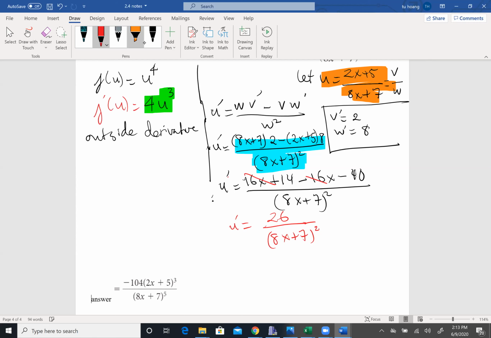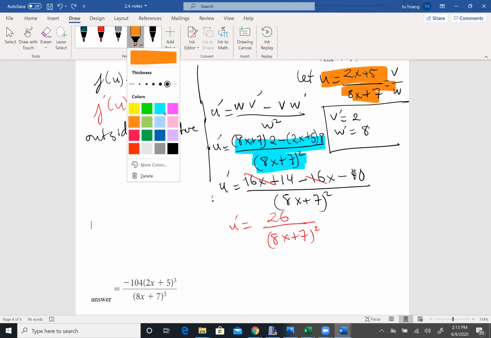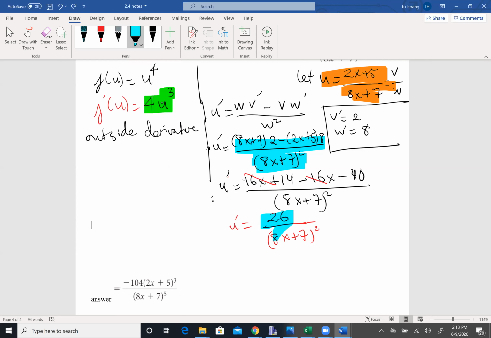So this actually is going to be the, oh wait, is this actually going to be the inside derivative? Inside derivative. Okay, so now